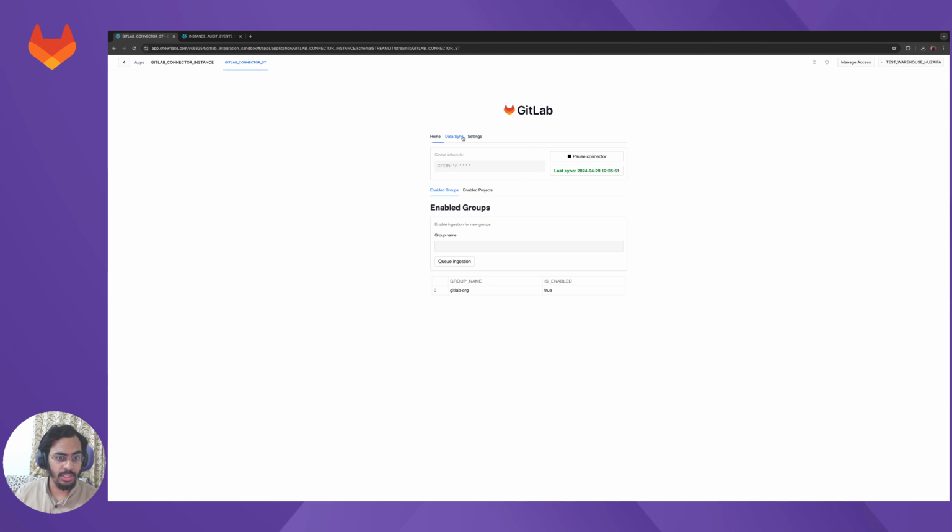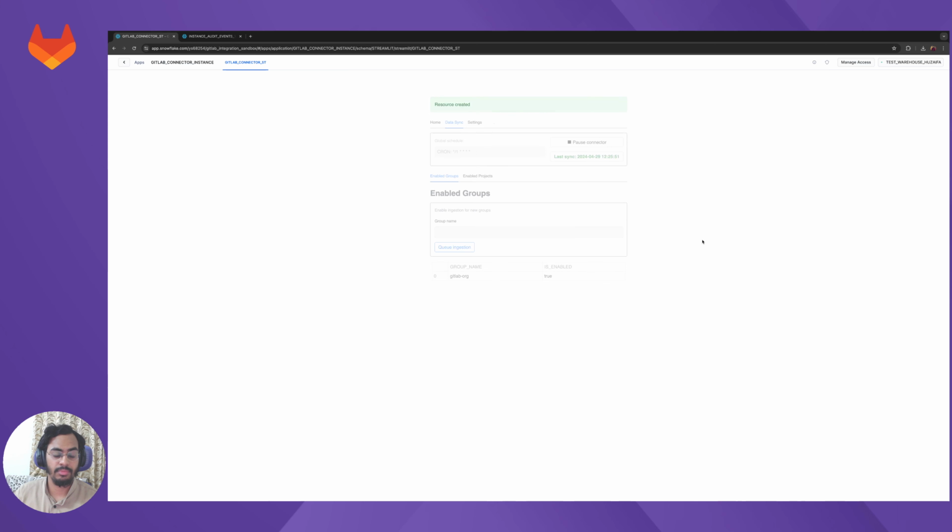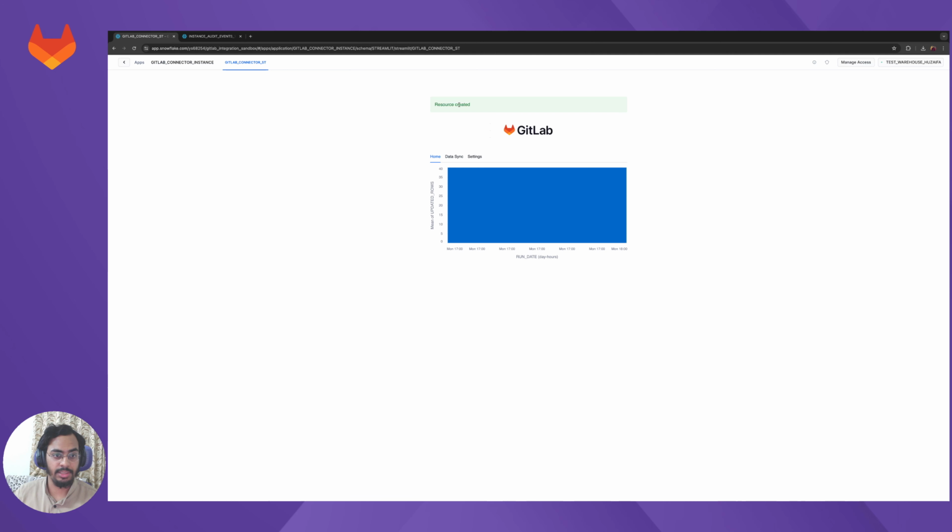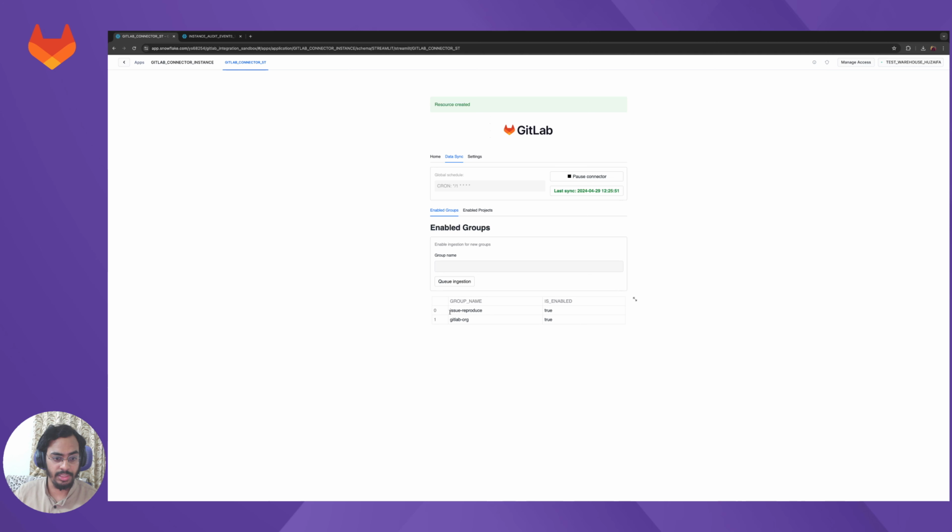What I'll do now is try adding another group here and see if the ingestion works for this group. It says the resource has been created, and we can also see that we have another group here. Next time the connector runs, it will also sync the audit events for this group.